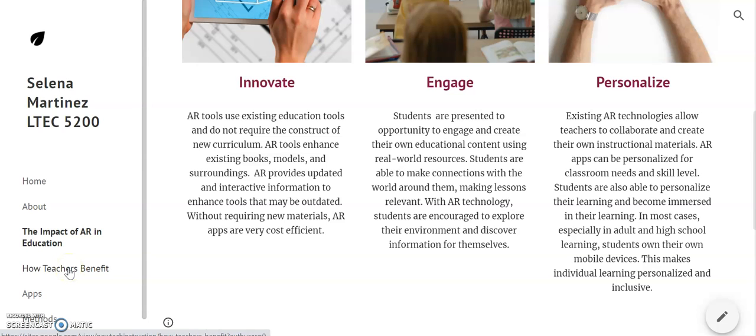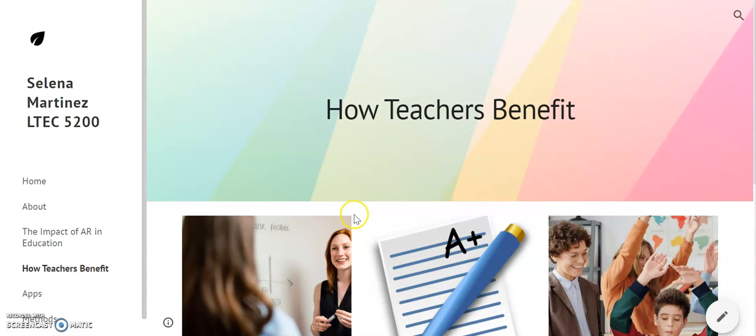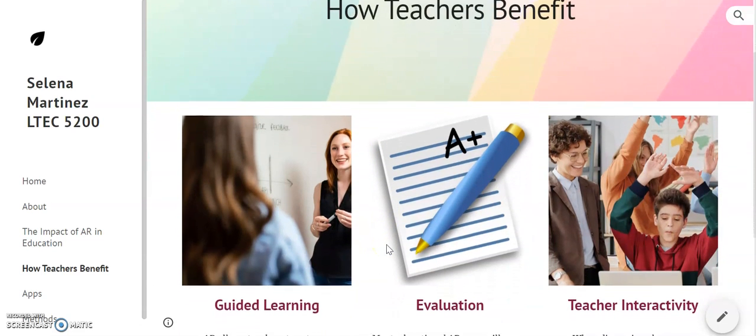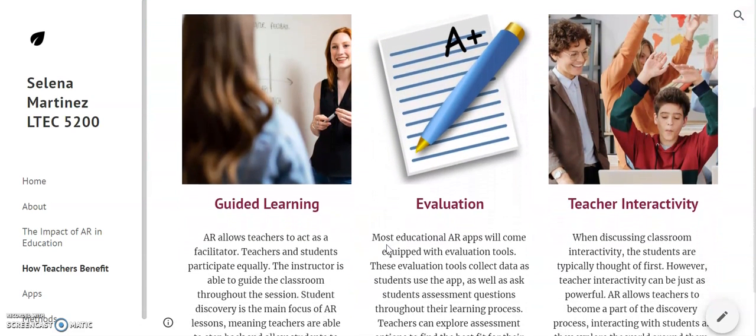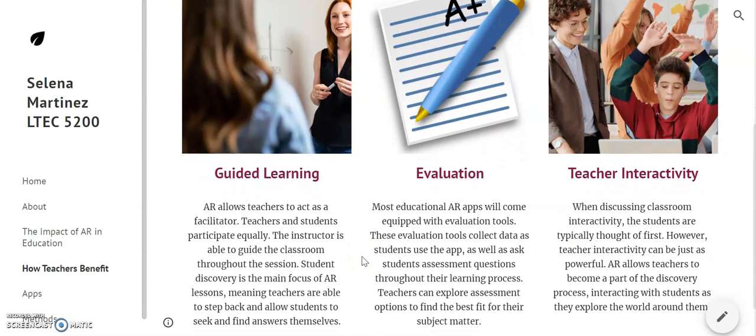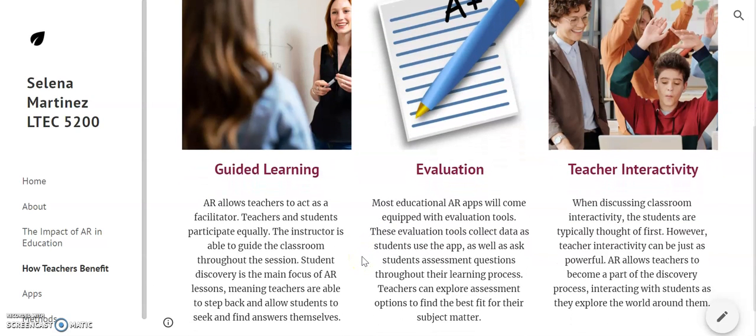On the next page, I switch from talking about how augmented reality benefits students to how it can benefit teachers. Once again, there's many ways augmented reality can benefit teachers, but here are some of the top ways. Number one is guided learning.